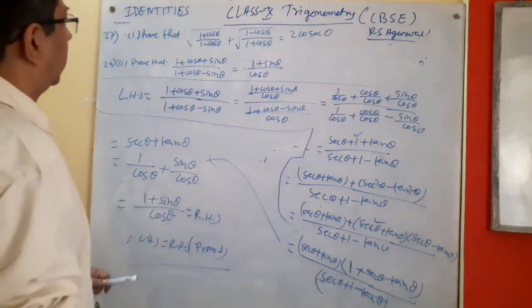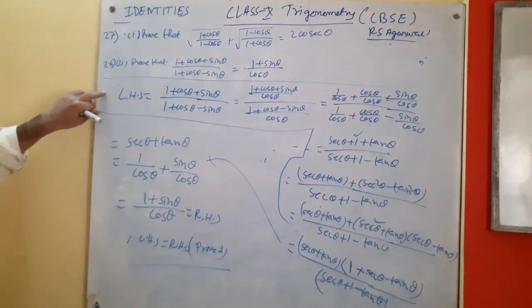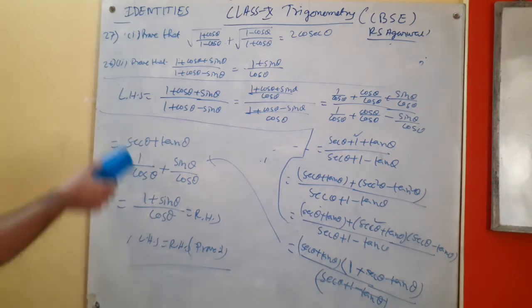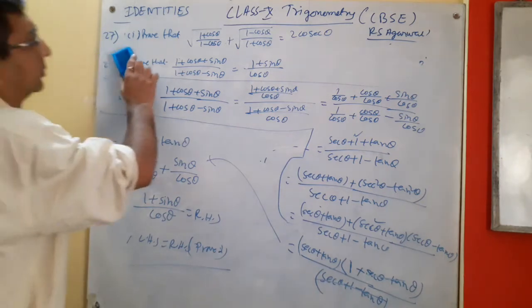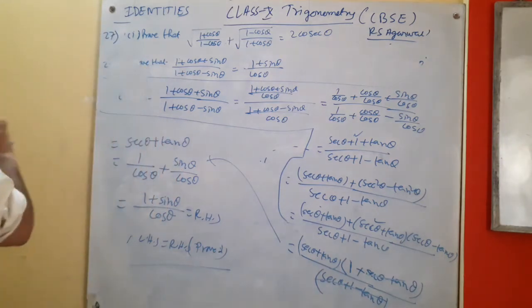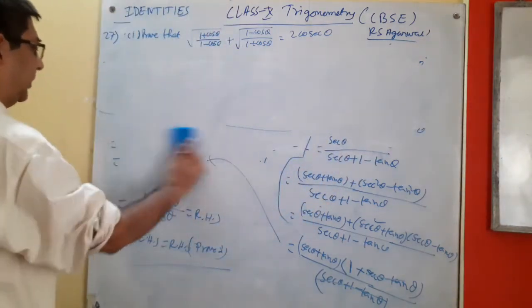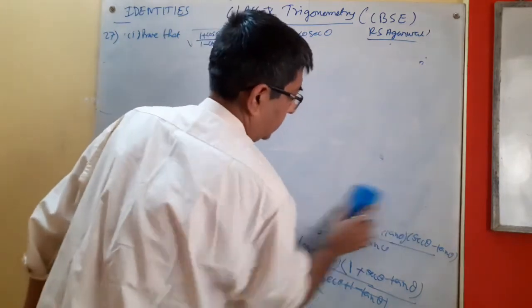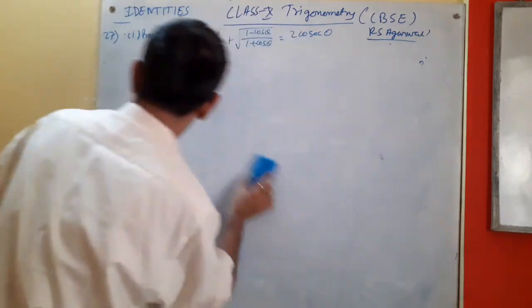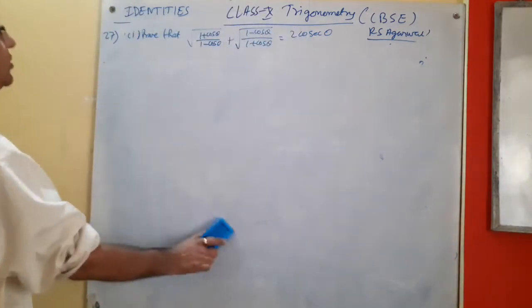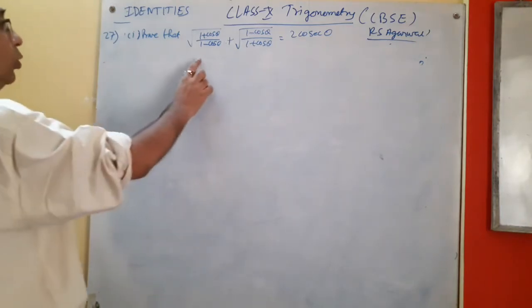Okay. Now we'll go for this sum we have already done. Now go for question number 27 part 1. Okay. Please copy the sum. Pause the video to note it down. It will be better. Now just see the second part. There are 3 parts there. Prove that this, oh no, only 2 parts.